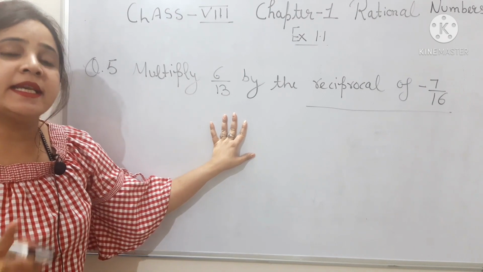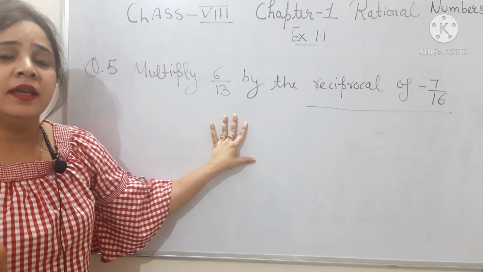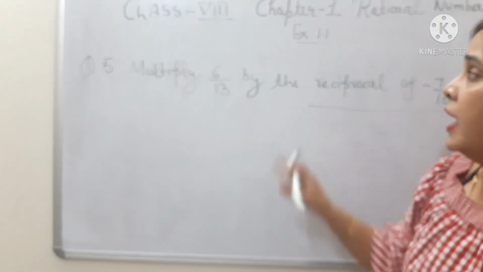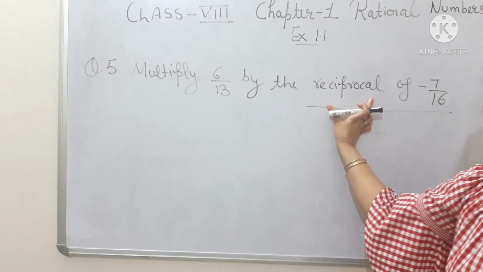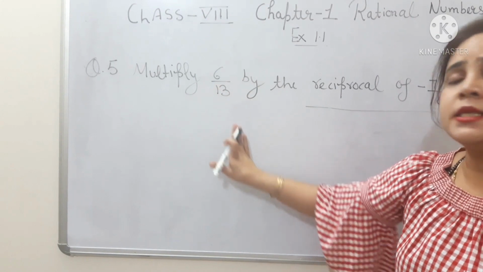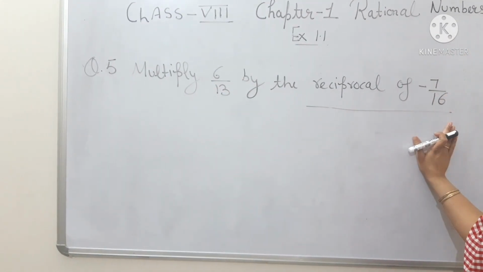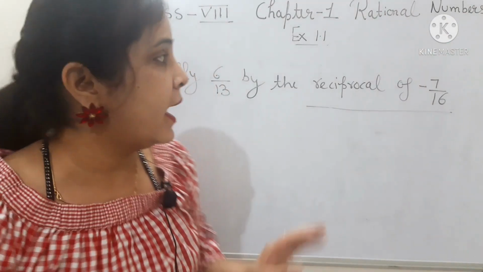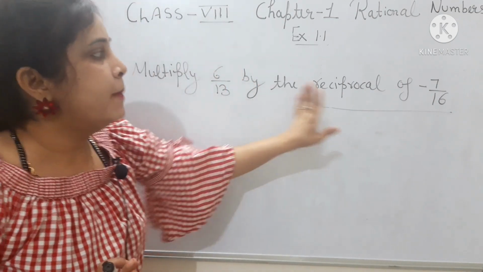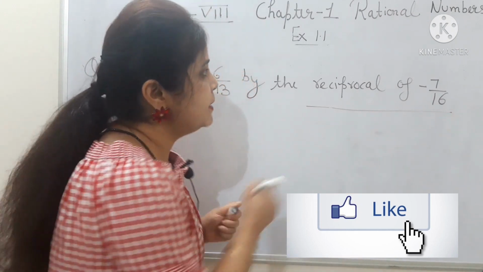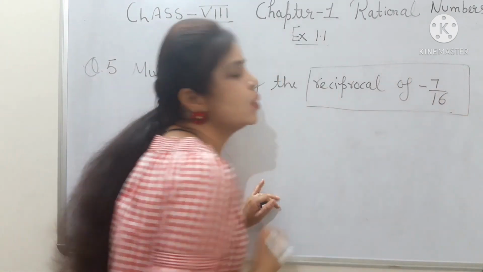Think one time what the question is saying. आपको सोचना है, टेक अ ब्रीथ, कि मुझे करना क्या है, क्या क्वेश्चन मुझसे डिमांड कर रहा है, मुझे क्या स्टेप्स फॉलो करने होंगे. अगर आप ये वर्ड नहीं पढ़ोगे रेसिप्रोकल, योर क्वेश्चन विल बी रॉन्ग. देन आप क्या करोगे? सिंपली यू विल बी मल्टीप्लाइंग 6 अपॉन 13 विथ minus 7 upon 16 and your answer will be wrong. So read the question carefully. You are going to multiply 6 upon 13 by the reciprocal of minus 7 upon 16. So the word reciprocal is important here.